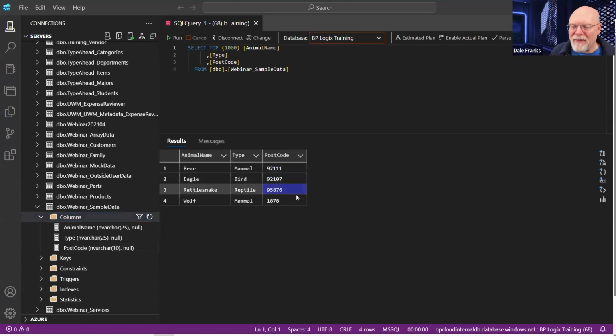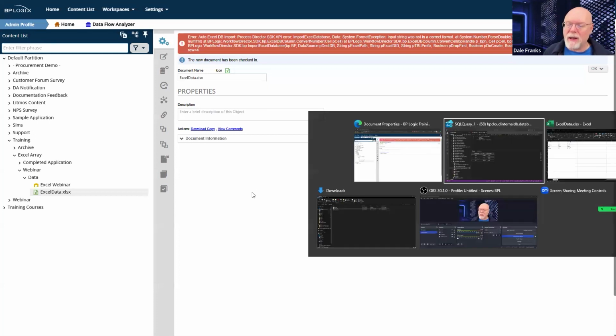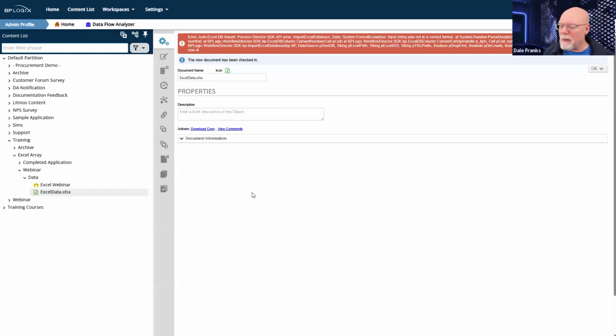And the fact is, it shouldn't have blown up on that post code because this field is set to nvarchar. I tried this yesterday with an integer, and that error didn't happen. It actually did the import. So this is catching me a little by surprise.